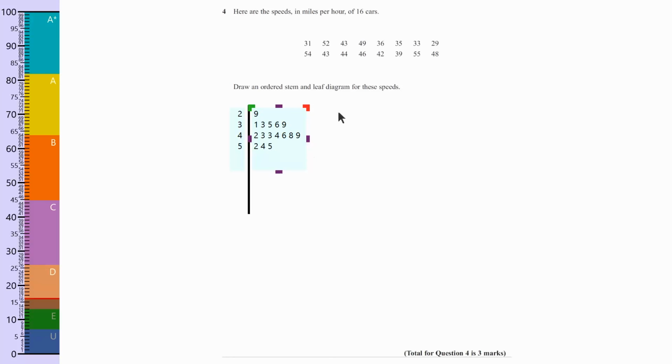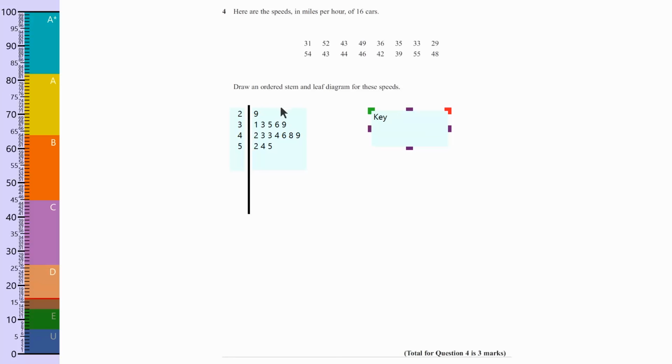Now that's only going to be 2 marks, even though it says 3 there, because we have to, and let's just undo that. I don't know what I've done there. There we go. You have to put in the stem leaf diagram. Put in the key for the stem leaf diagram. So we finish off by, let's make it a bit nicer, so we can say key